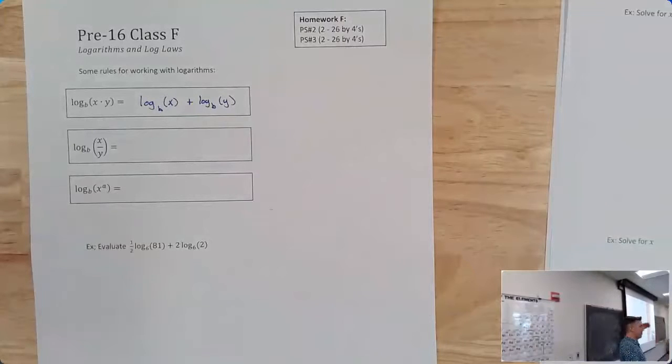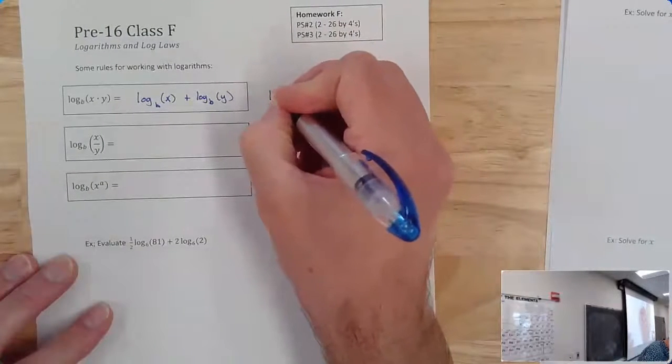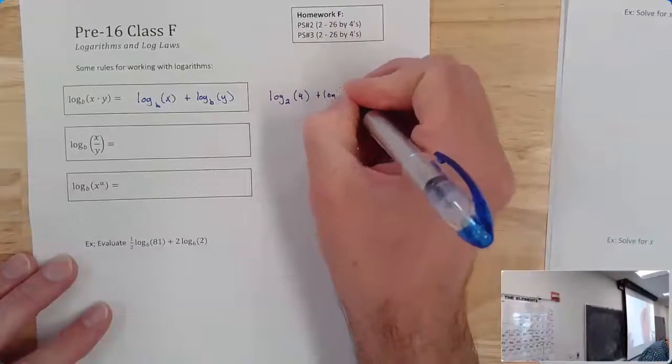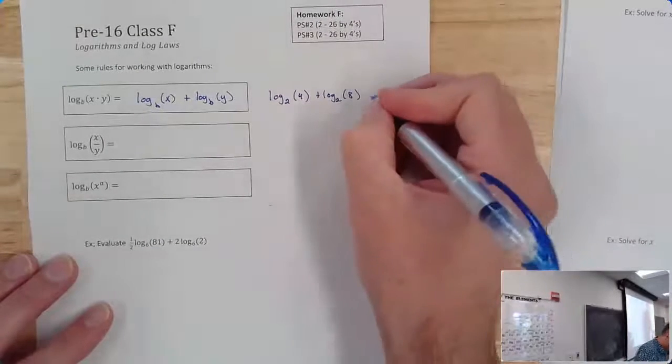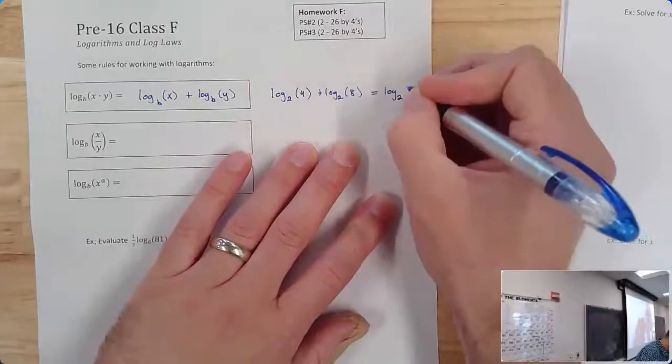We do need to say "for logarithms" because when you take calculus, there is a product rule for derivatives. And this is the product rule for logarithms. An example of this that I like to keep in my head is, if you have log base 2 of 4 plus log base 2 of 8, that's going to equal log base 2 of 4 times 8,